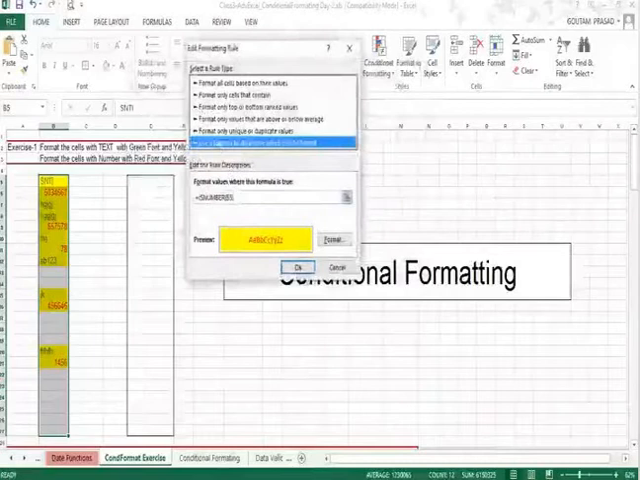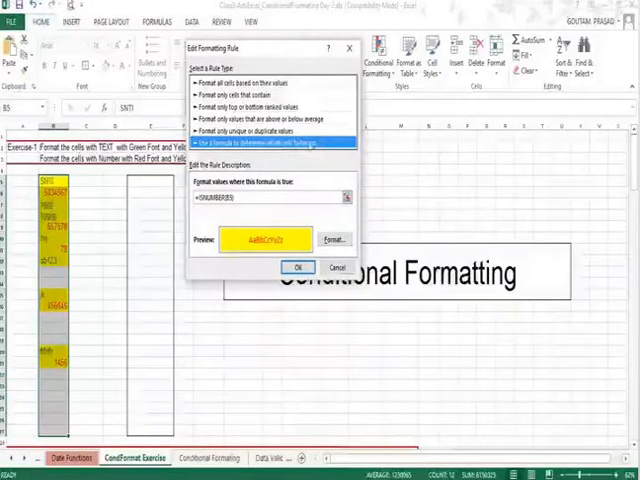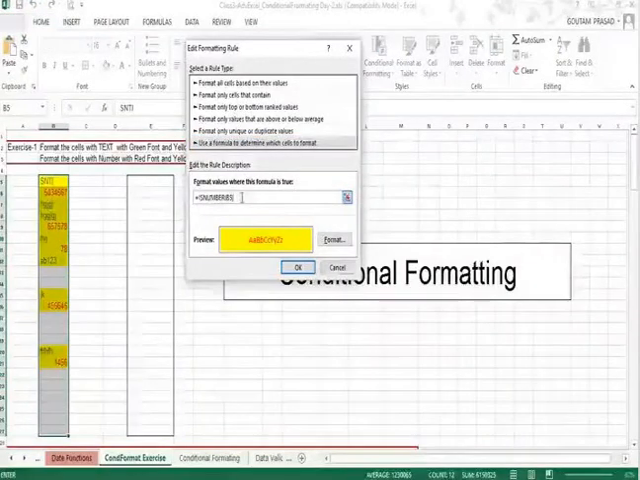And here you can see select the rule. Under the select the rule option, you have selected the last one, that is use a formula to determine which cells to format. So a formula will determine here which cell will be formatted. Under the other setting, format values where the formula is true. And what is the formula? Formula is equal to ISNUMBER